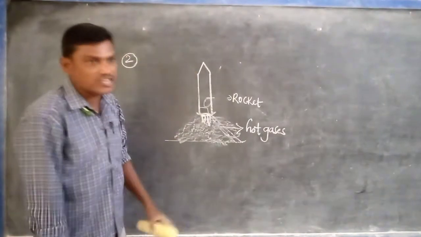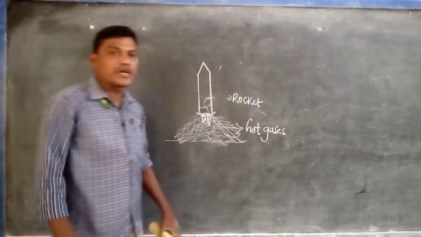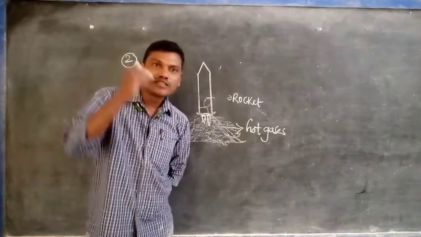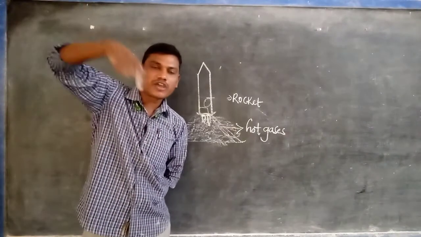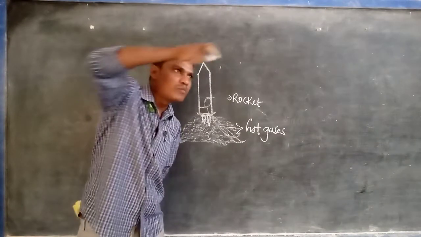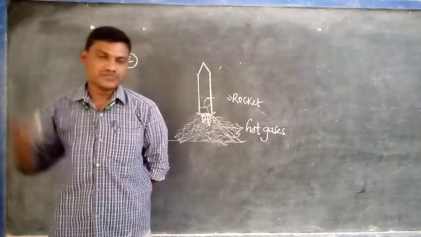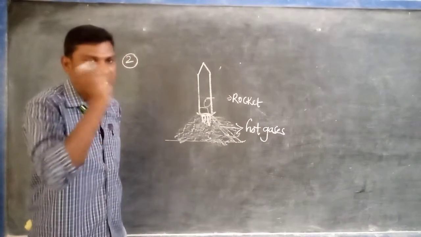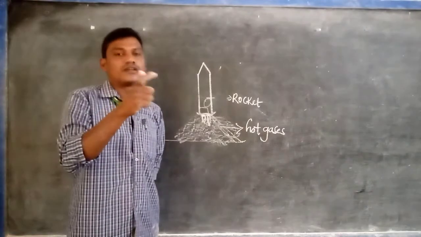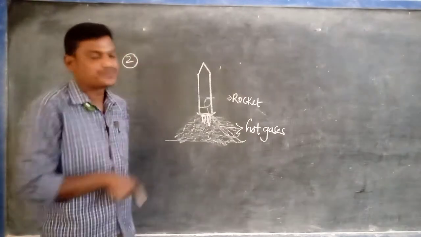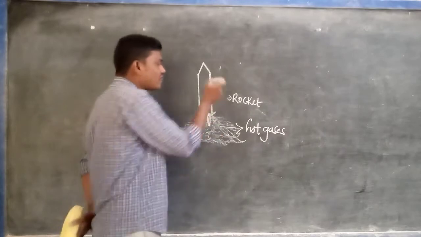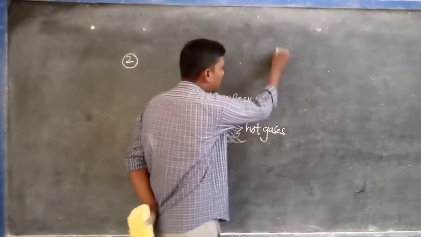That is the reaction. In the same way with jet aeroplanes, sometimes in the sky, when an aeroplane is moving fast, some smoke or fog-like trail comes out. That is the jet aeroplane. They travel at more than the speed of sound. So in case of rockets or jet aeroplanes,